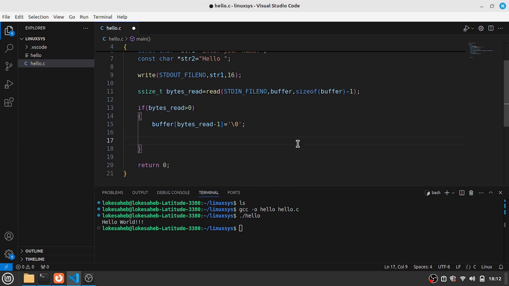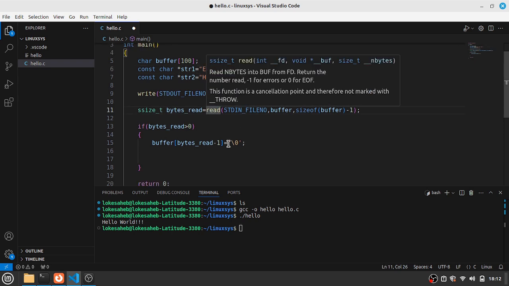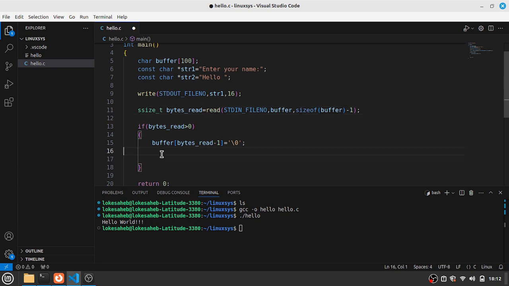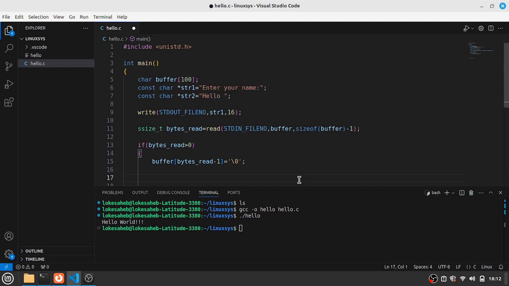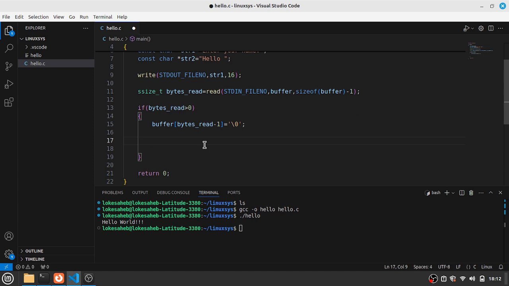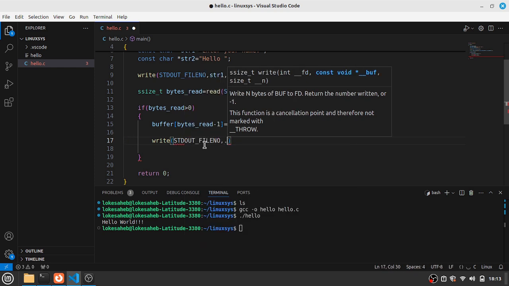Now what I want to do is, initially what I have written is this string I have printed, like "enter your name". After that we take a user input in this read call. And now after we have received the user input, we print this hello along with the name that he has entered. In this case we'll have to do multiple calls. We'll not be able to do this in a single call. I guess we can do it in a single call, that's not a problem, but we want to make it simple for now. So again STDOUT, then again